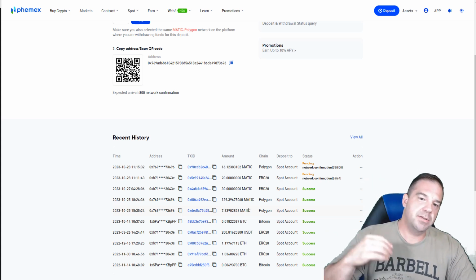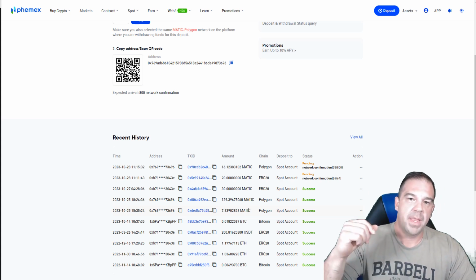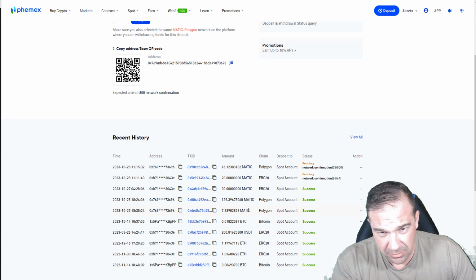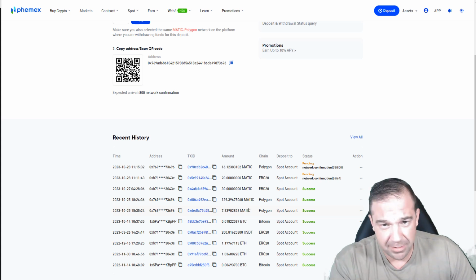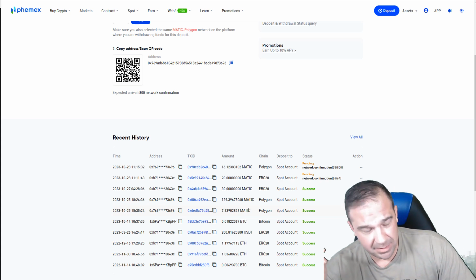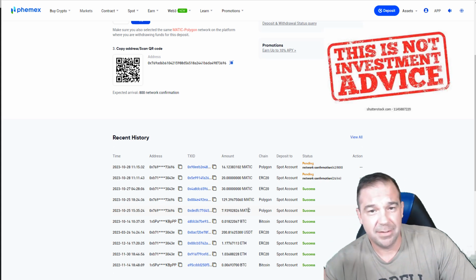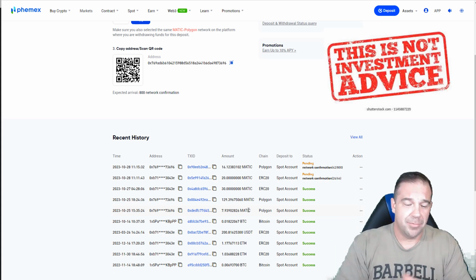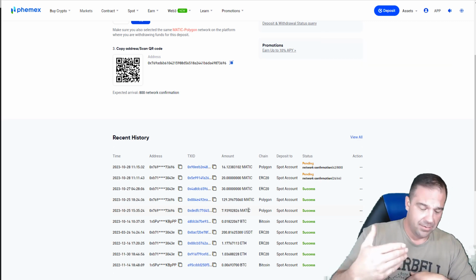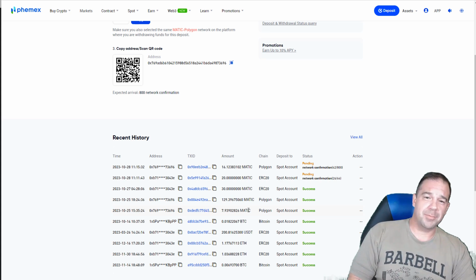The first few times you send it, take your time. Always send a test transaction. If you send $2 to nowhere and pay a 50-cent fee to do it, it's way better than paying a $10 fee to send $2,000 to nowhere, right? So just as you see, I sent this 20 Matic from my hardware wallet. Later on, I'm going to send the other